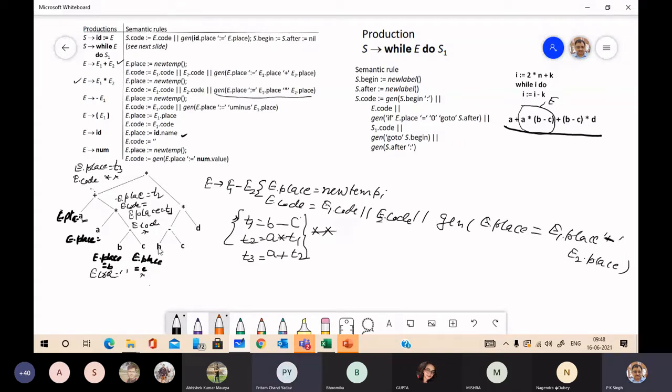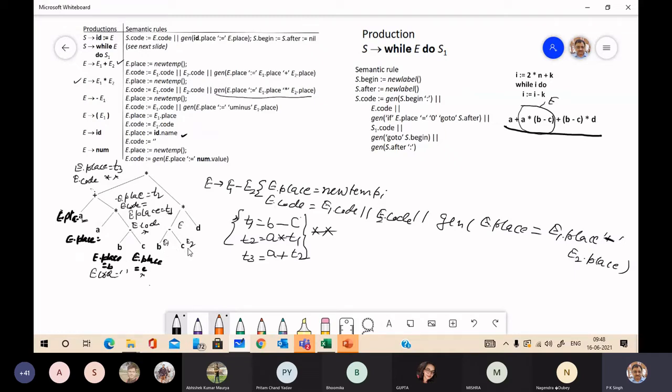Here we will reduce E minus E to E. So here you can say it is E, it is E1, it is E2 for this reduction. E1 minus E2 is reduced to E. E1.place is B. We don't have E.code as in the previous case.